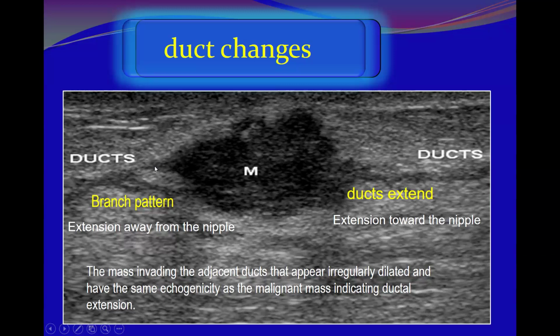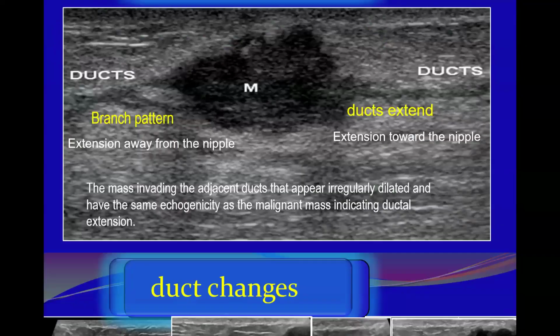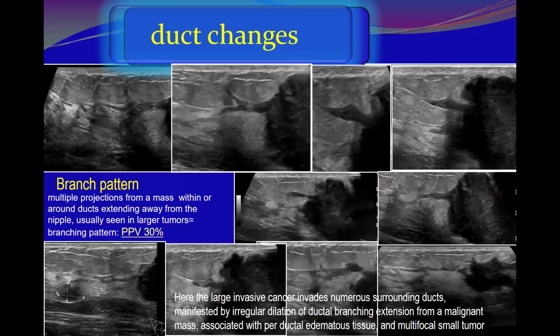But in the other directions, we can also see ducts extending from or toward the mass, okay, with the same features. So when the duct extends in a direction away from the nipple, then we call it branching pattern, or branch pattern. So this is the mass here invading the adjacent ducts, which appear as irregularly dilated and have the same echogenicity as the mass, indicating ductal extensions. And in these examples here,